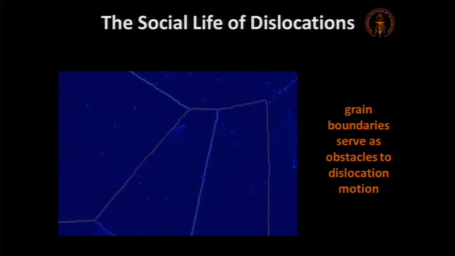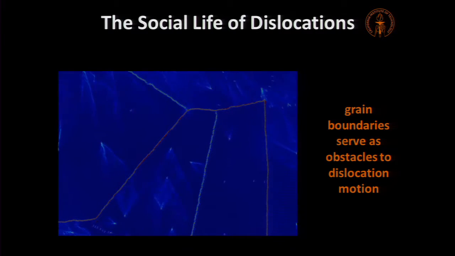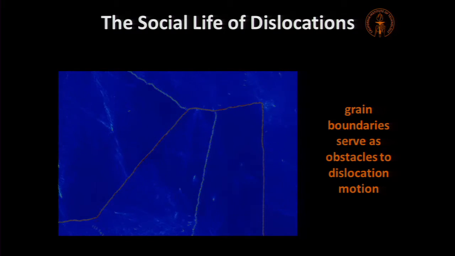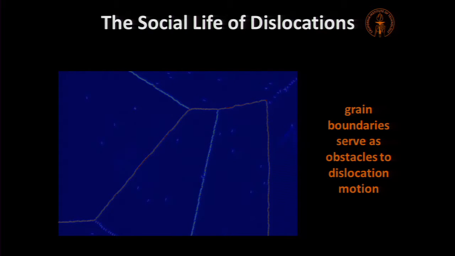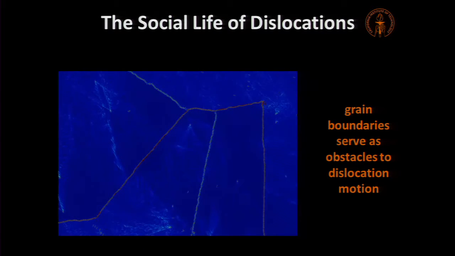Here's another example of dislocations interacting with grain boundaries. You can see these little guys flying around, but as soon as they hit a boundary, they're stopped. Grain boundaries are obstacles to dislocations. It's just like if you're running through a crowded place, you hit a wall, you can't go any further. This is what we see here. This actually is one way how people make very strong metals. You just make the grains really small, so dislocations can't go very far.